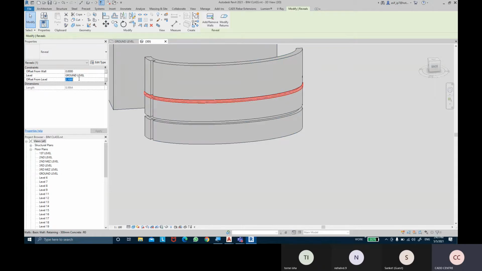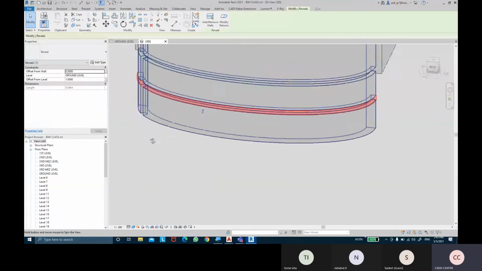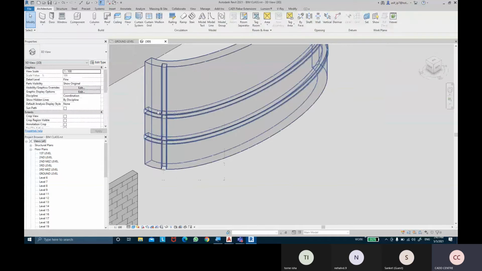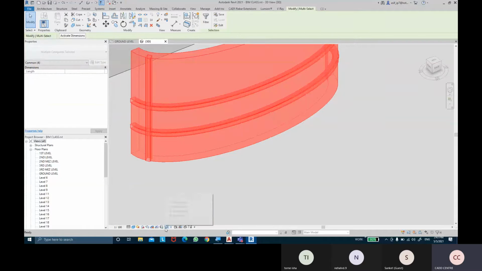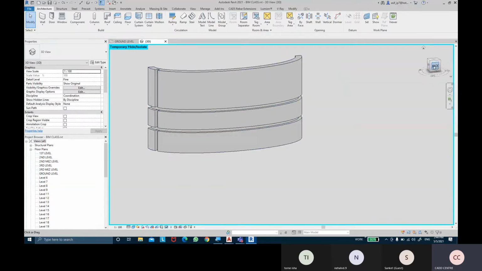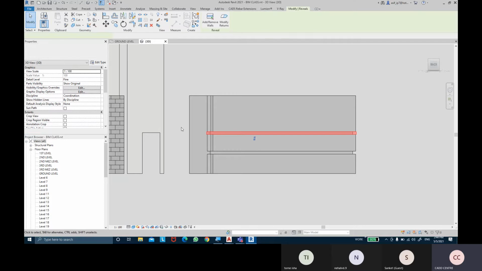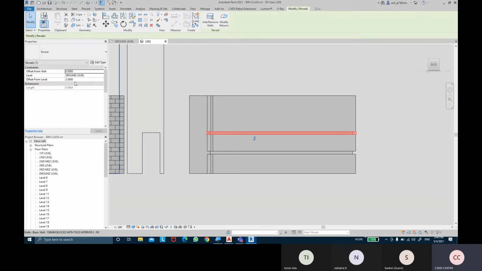If I want to keep this at 2 meters in height, I can set it at 2 meters. Now the difference between this reveal and this reveal is another 1 meter in height. So you can select these walls and isolate them. Once it's been isolated, you can come into the elevation view and see whether they are equally spaced or not. Otherwise, you can just reset it and manually adjust it through the offset from levels.